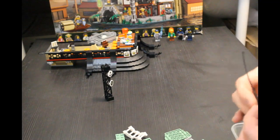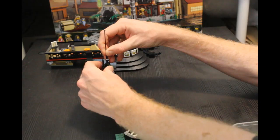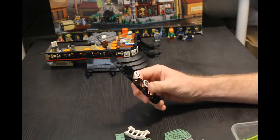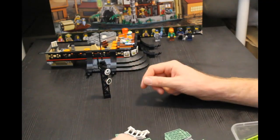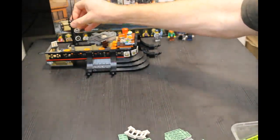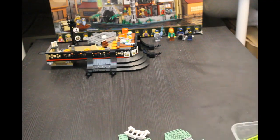So there we have a radio tower, which is made up of... it's got a fishing rod and a harpoon gun. Interesting. That is not what I would have expected. Where's that go? That goes there, does it? Okay. I haven't even noticed that. Keep noticing things I hadn't seen in the...